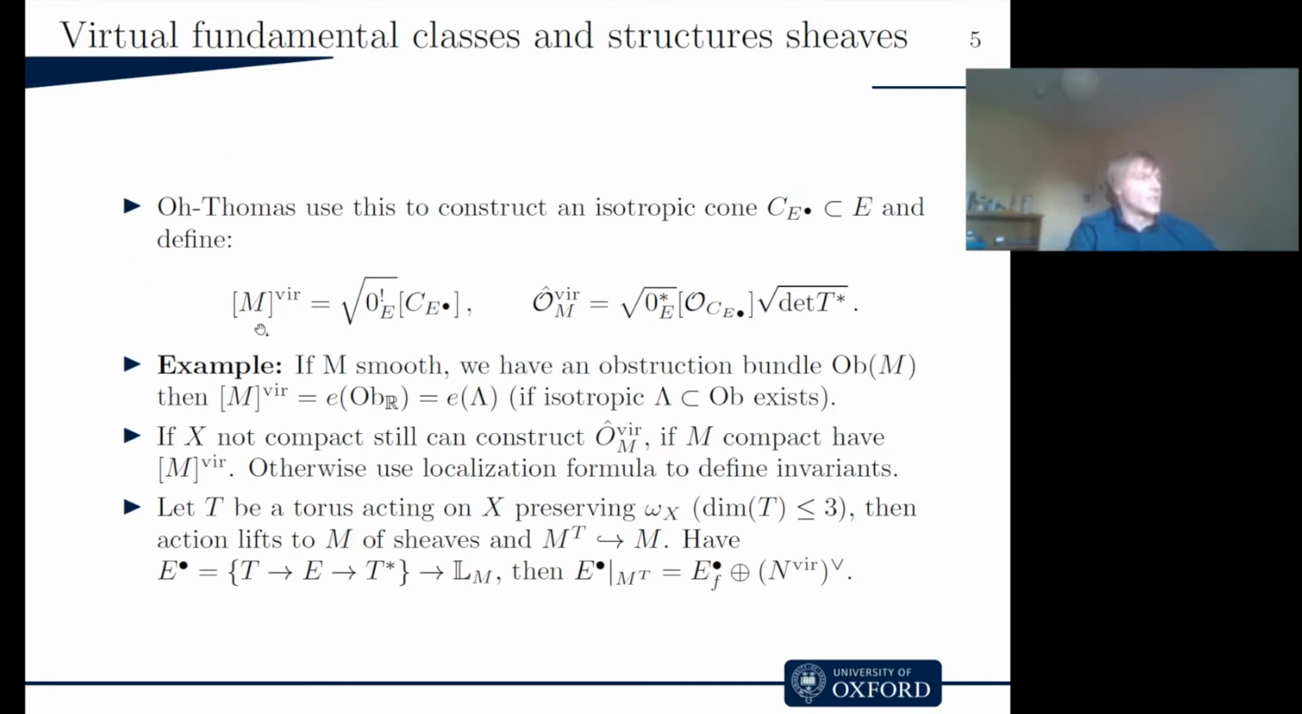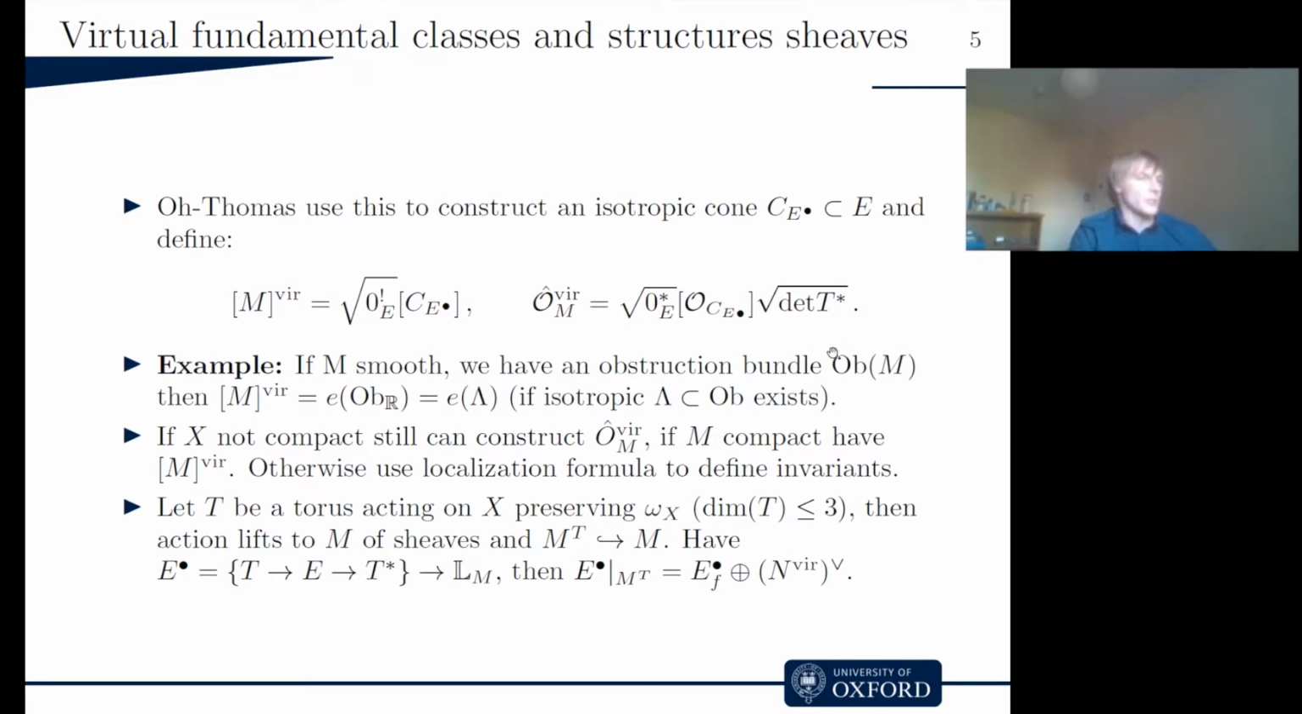So using this, one can then construct virtual fundamental classes using the isotropic cone construction of Oh-Thomas and this square root localization, which comes from isotropic cosection localization, which I will not really talk about because it's not related to orientation anymore. And the example of that, to have an understanding of how the orientations really come in explicitly into the construction and affect the virtual fundamental class, is if you have a smooth moduli space